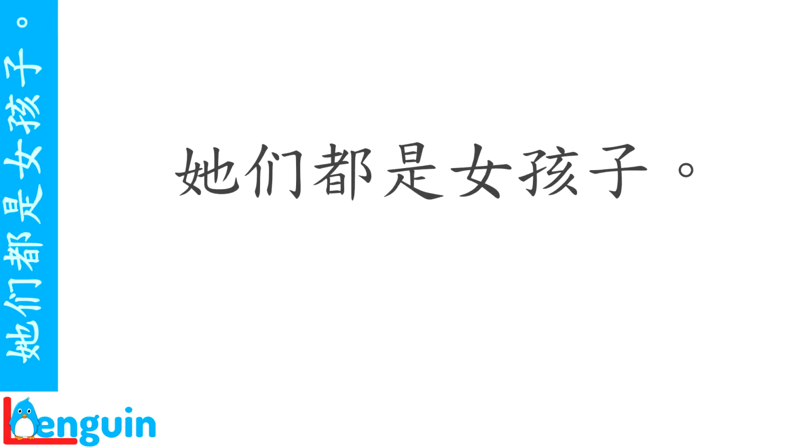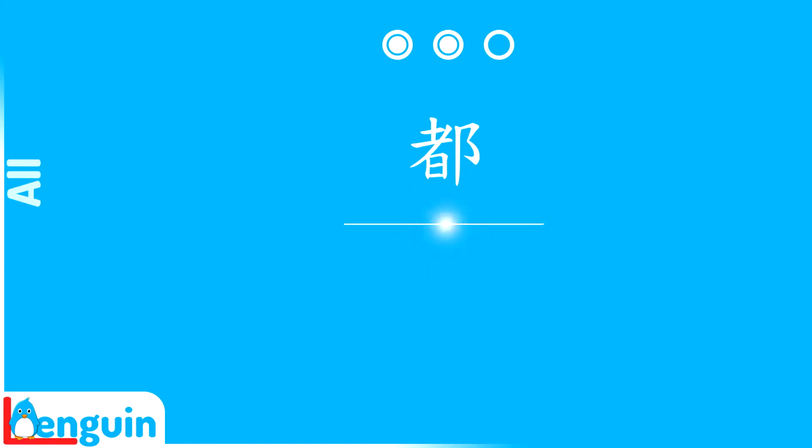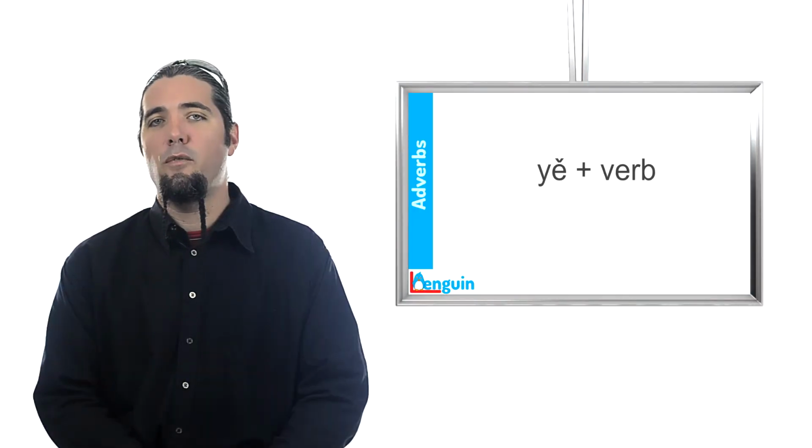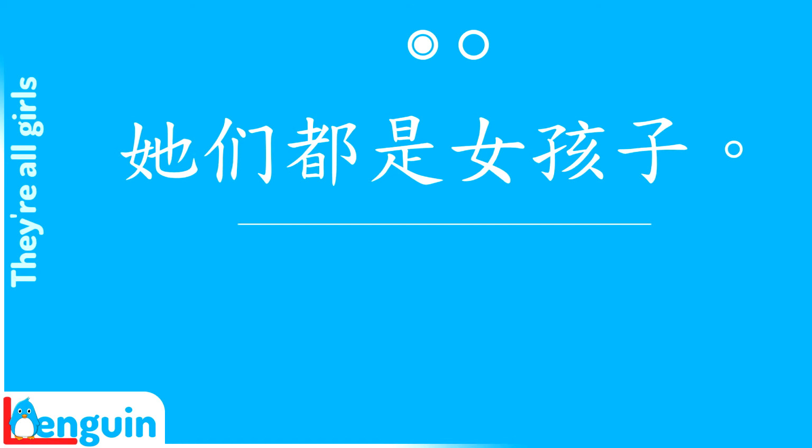Let's listen to the last reply again. 他们都是女孩子。 Repeat the word for all. 都。 Like other adverbs you've had, such as 也 also or 现在 now, the adverb 都 always comes before the verb. Repeat, they're all girls. 她们都是女孩子。